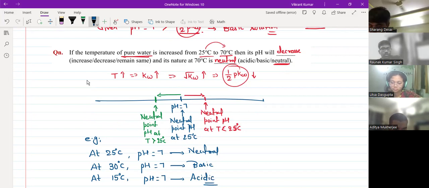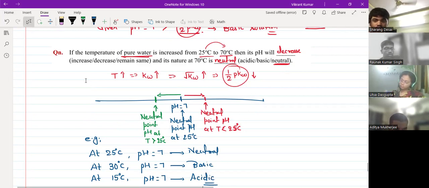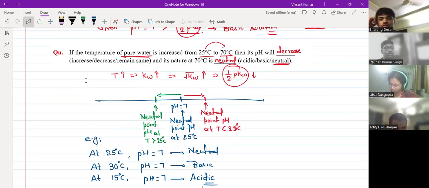So we will forget our rote memorization. Obviously, if we are talking about 25 degrees C and in future cases, if nothing is written, we consider temperature to be 25 degrees C, then the 7 is okay. But now, if temperature is mentioned and a new value of KW is written, then we need to be careful. At a temperature which is not 25 degrees C, neutral point pH is not 7, and that's why we need to be careful about the neutral point pH. And accordingly we'll be reporting the answer. Is it okay?